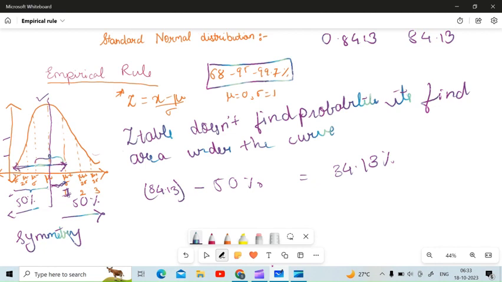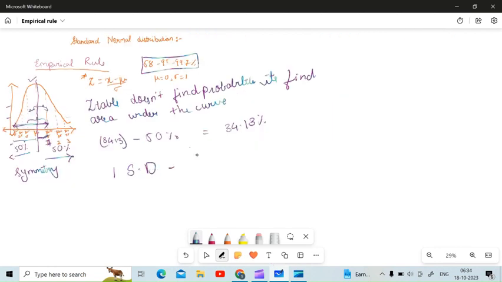As I have said, I have calculated only the positive side. The same thing happens on the negative side also. So I will add the same value. Why the same value? Because it's a normal distribution. If it follows a normal distribution, then one standard deviation on the positive side or negative side will be equal. On the positive side we got 34.13, and the same happens on the negative side, so we write the same value, 34.13. By adding it, we get